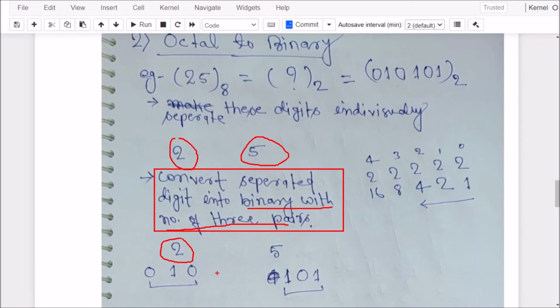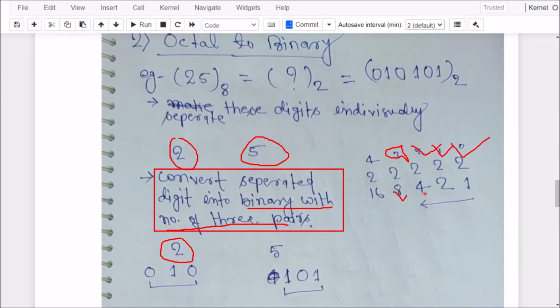Okay, so in the same way we want to convert these into binary form. So what does 3 bits mean? We have to use only 2 to the power 2, 2 to the power 1 and 2 to the power 0. Why? Because this is the octal form, means in the octal form we can allow a digit from 0 to 7 only. Means 8 we can't use. So that's why 2 to the power 3 can't be used.